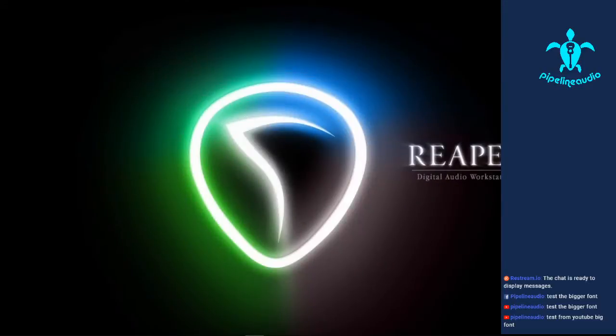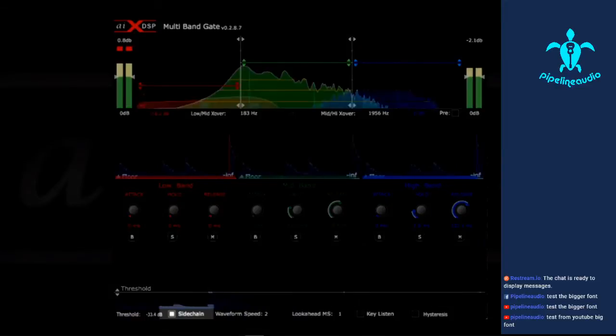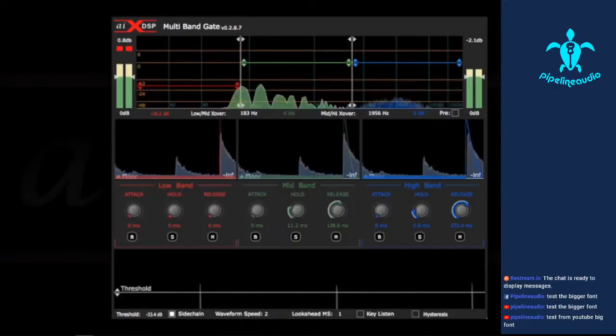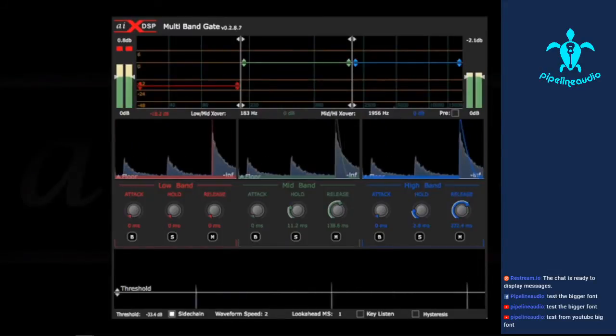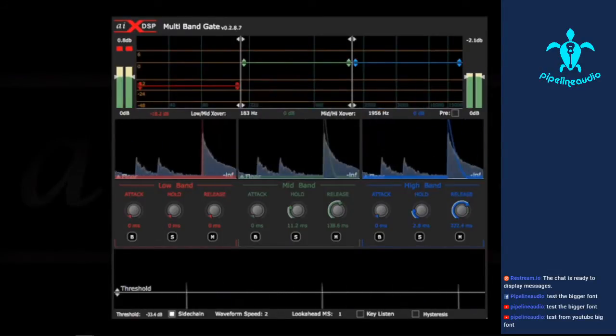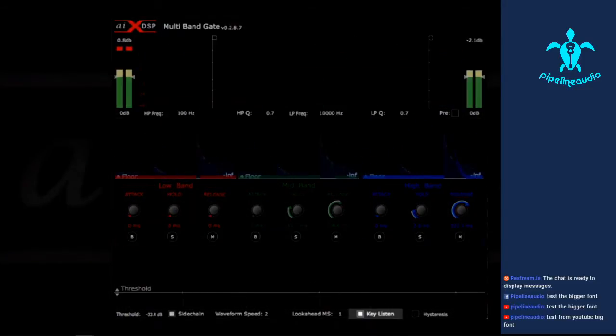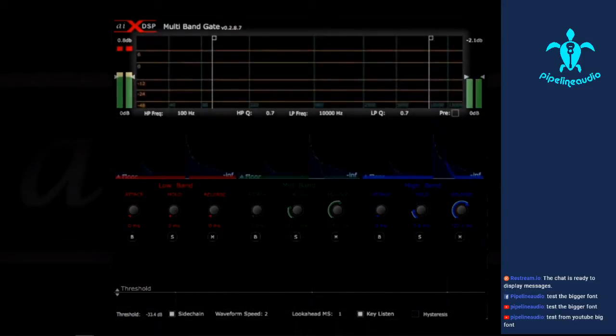Multiband gate can be keyed from a sidechain input. This opens the door to creative and precision use. If you have drum triggers that you've recorded alongside your drums, you'll be guaranteed perfect gating results when using the sidechain option. We can use key listen to hear the source being used for triggering, which also brings up a